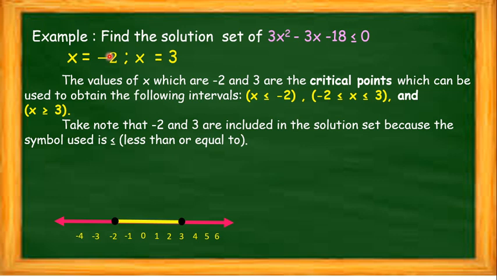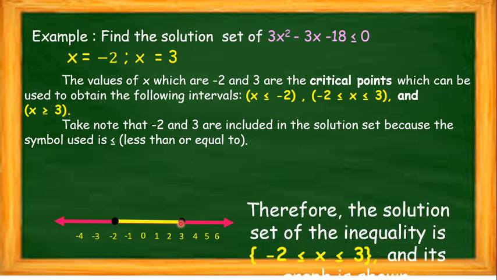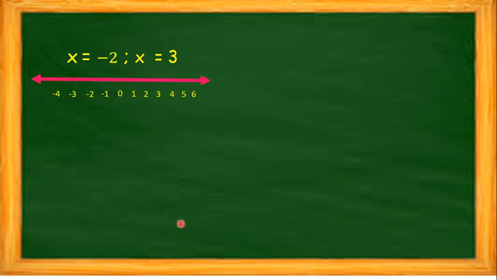Okay, the solution here, or the critical points, are negative 2 and positive 3. Now, we are not yet sure if the solution set is in between negative 2 and positive 3. Okay, we're going to use the test points. So if we are really sure that the solution is between here,